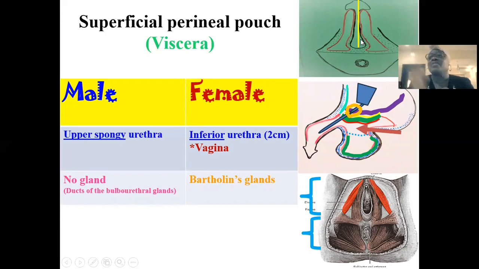So it runs across the bulb, that is where we have the root of the penis. You see it running along to the shaft and finally terminating at the glans penis. And this is what is represented here in yellow. So you see that it is the spongy part of the urethra that is located within the superficial perineal pouch. But specifically, it is the upper region of the spongy urethra or the penile urethra that is located around the